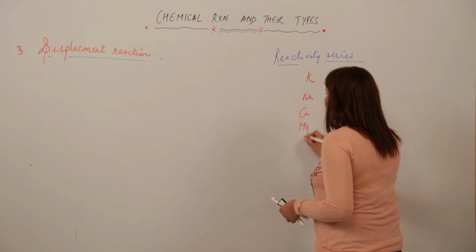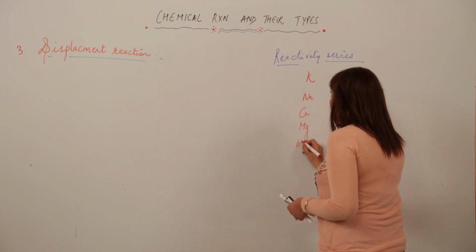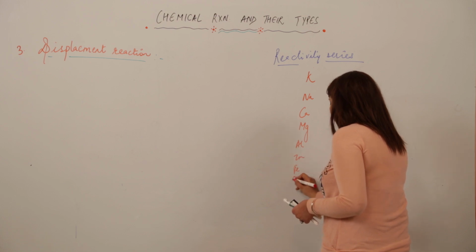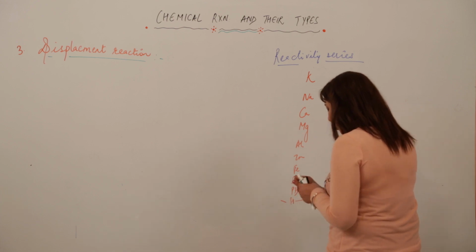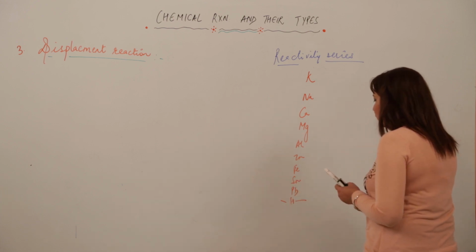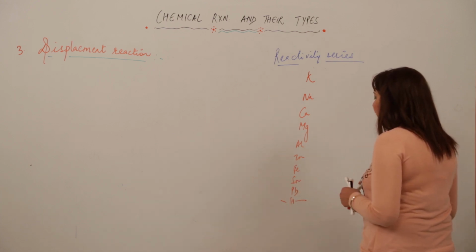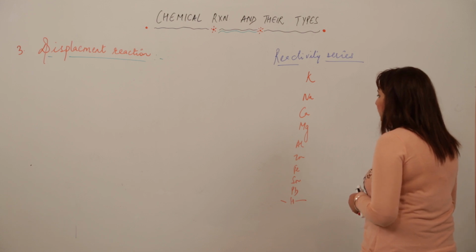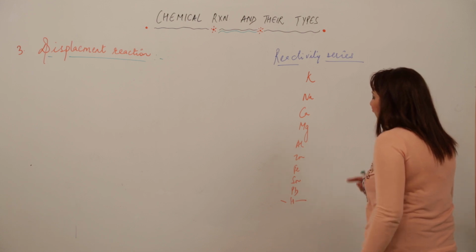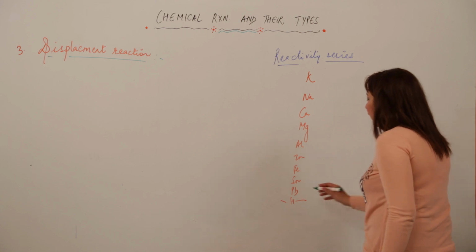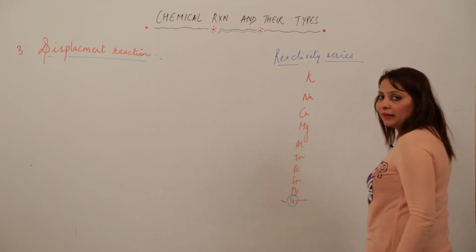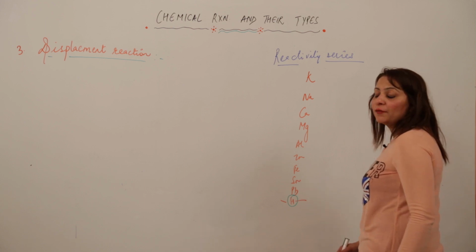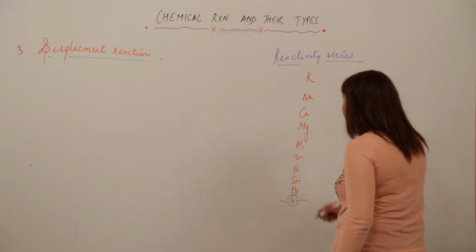this. Just look at the board carefully. It is separated by a non-metal. So sometimes you get a question, name an element which separates more reactive metals from less reactive elements. Is that hydrogen? And after that we have the elements which are less reactive than hydrogen. They possess very less reactivity, that is